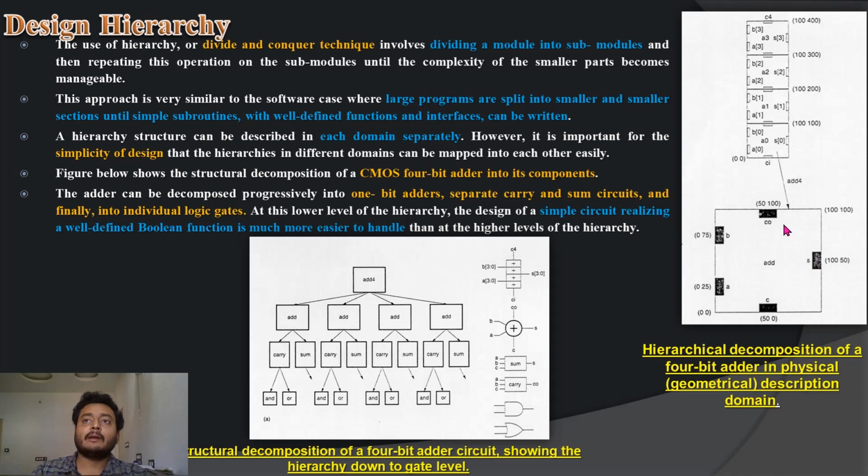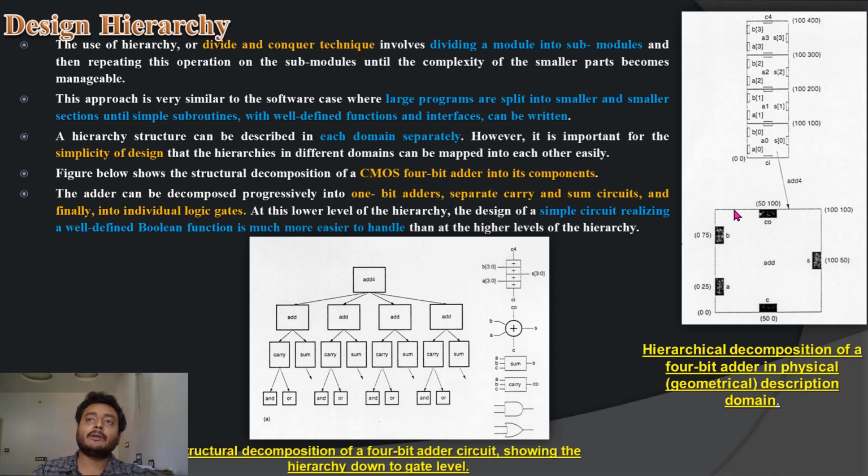And you have the carry out here, and the carry input. What you are seeing is 0, 0. These are the positions where these things are present. It starts with 0, 0, then 50 comma 0, so x is equal to 50 and y is equal to 0, then 50 and 100, and again these end at 100 and 100.